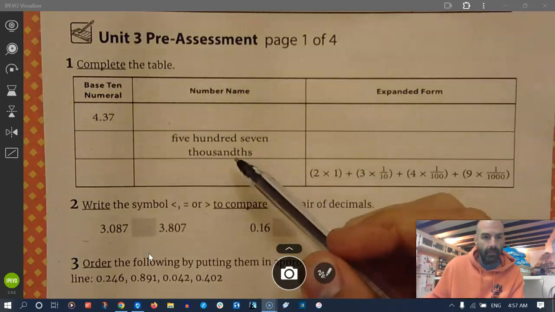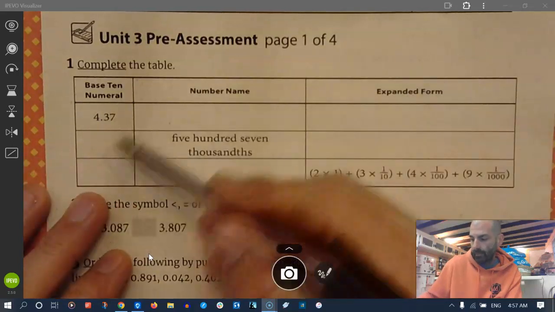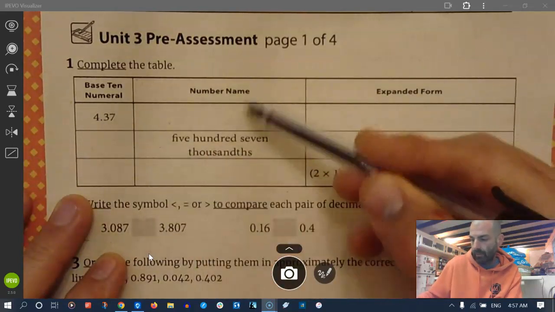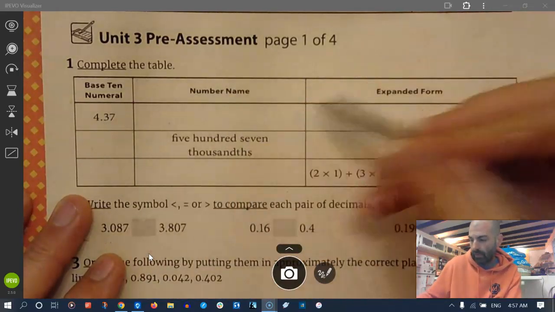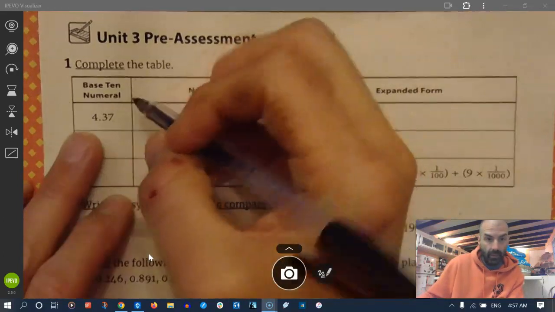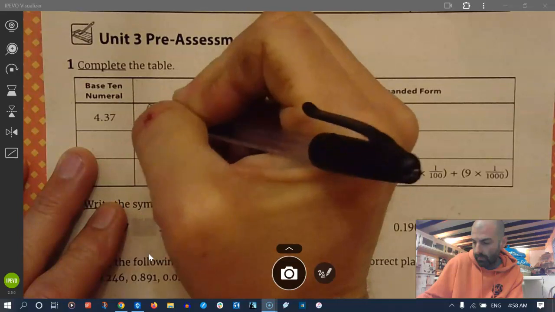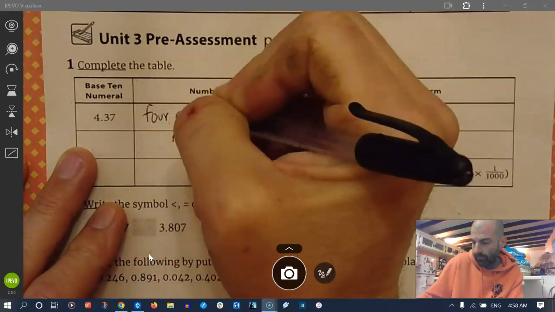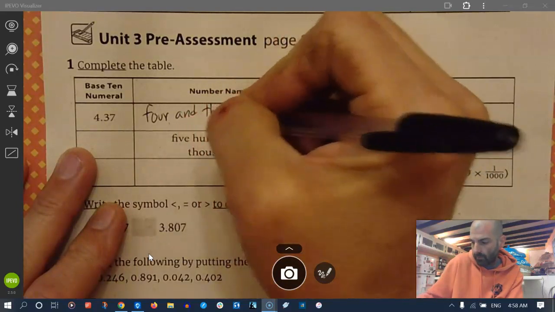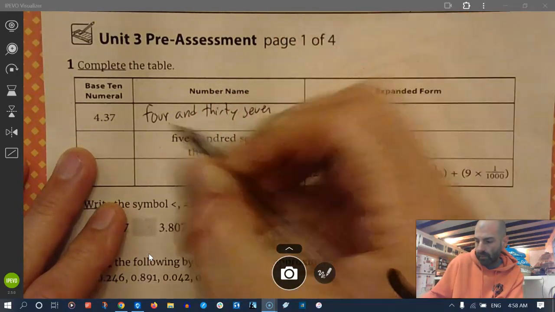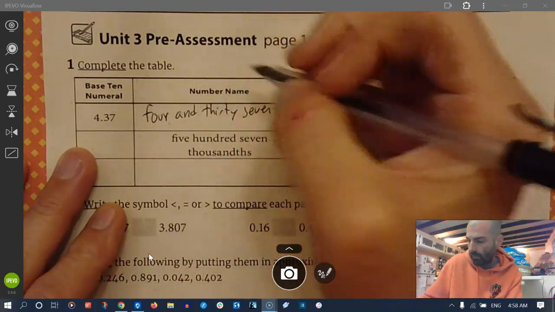All right, so here's number one. This is base 10 numeral, number name, and expanded form. So here's going to be my numerals, number names, expanded form. This one gives me the base 10 numerals, so now I have to think of number name and expanded form. For the number name, I look on the left-hand side of the decimal point, I see 4. I have to write that and then I read the number on the right-hand side, 37. And then I have to think about my place value. This is the tenths and this is hundredths. So this is 4 and 37